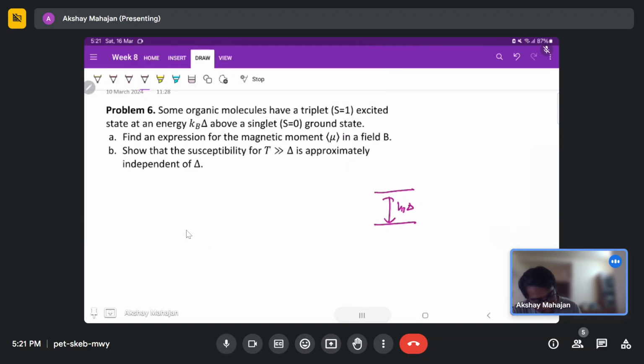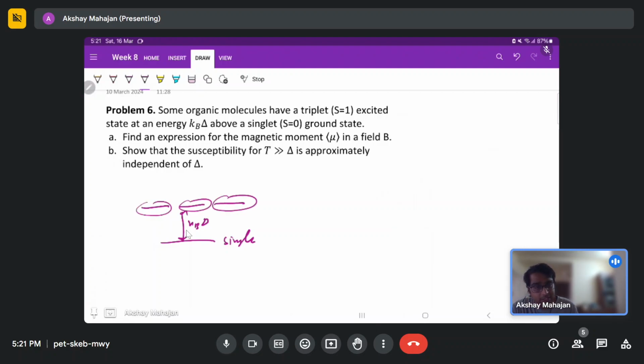Okay, just 1 minute. So basically, what the problem gives is that you have your ground state, your singlet state, and at a distance Kb delta, you have your triplet state, which is going to be 3 states. Now we have to find the expression for the magnetic moment in a field. So what will happen? Initially, these 3 triplet states will have the same energy, but when you apply the magnetic field,